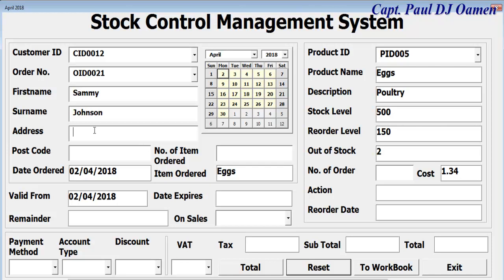Right, an address of Johnson, let's say, is number 15 Adekunle Street. Alright, PO Box there. And how many of those products do we need? Let's say we're going for 54, and